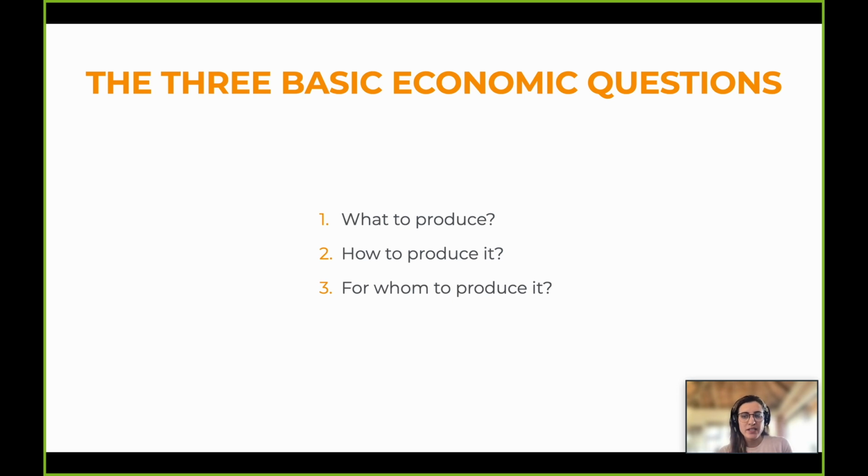How are we going to produce it? Again, we've got to think back to our limited resources, right? So we have to be as careful and as efficient as possible to be able to produce something with the limited resources that we have. So companies and governments need to think, how are we going to produce this good that people want? Okay, we need to be efficient. We can't just use everything that we want because things cost money, and also because they're limited in supply.